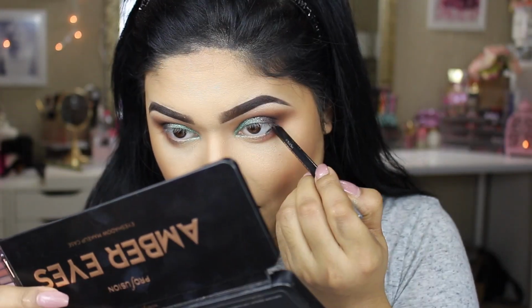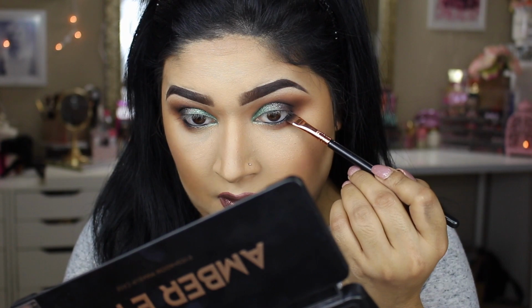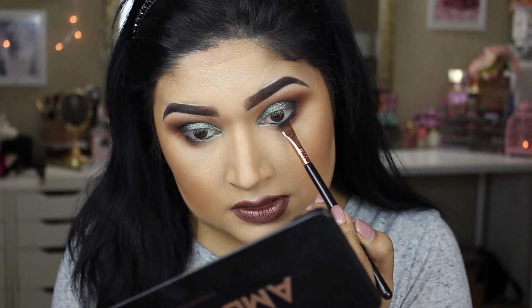The Cosmetics Swimmable Eye Pencil. You guys knew that was coming as soon as I said black waterline. Yep. So I'm going to take that into my waterline. Shade called Nightlife, which is a black matte shadow from this, and tap that right along my lower lash line. It's more of a smoky look for me always, so